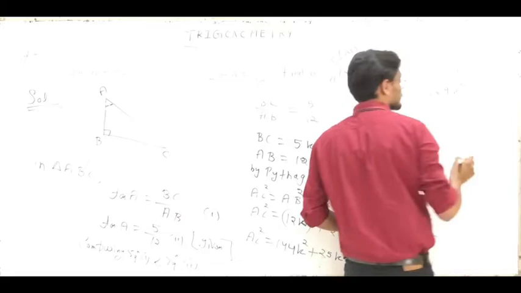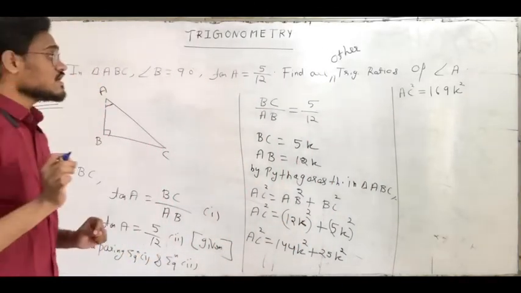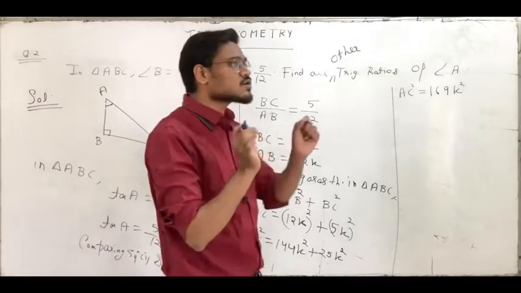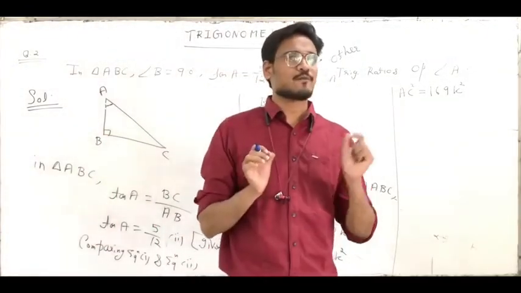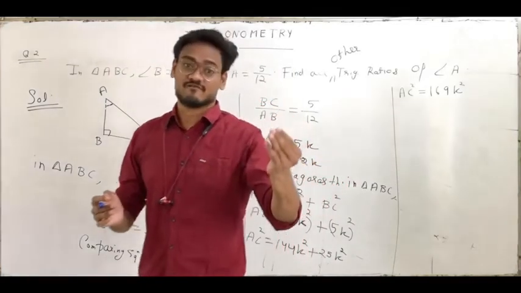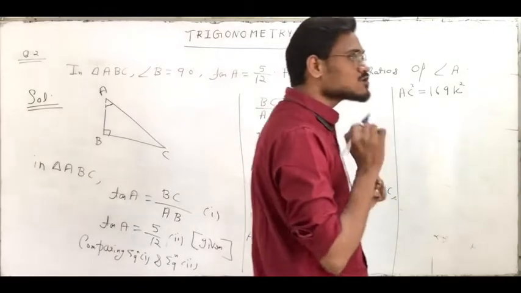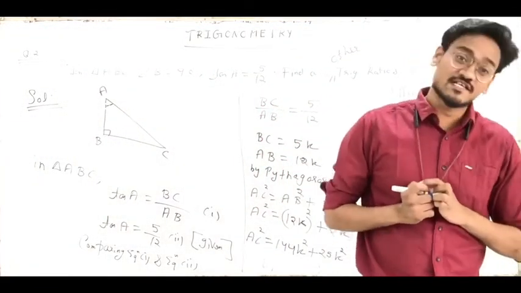See, as I said, up to 30 squares you should remember. And one more thing, some Pythagorean triplets. Practice so much that you remember the Pythagorean triplets. For example, 3, 4 and 5. It's a Pythagorean triplet. 3 square plus 4 square is 5 square. Also, 5 square plus 12 square is 13 square.